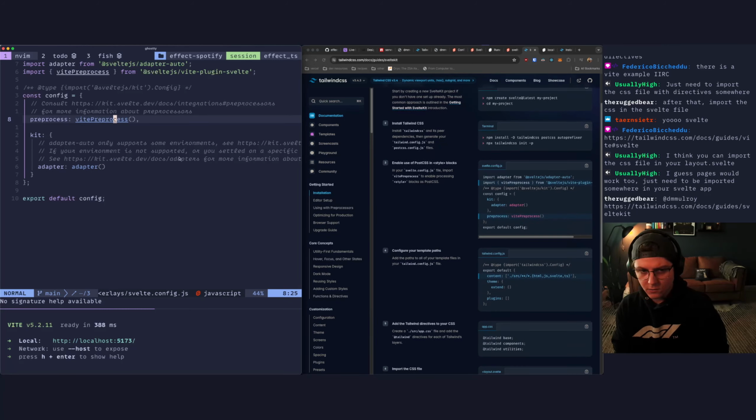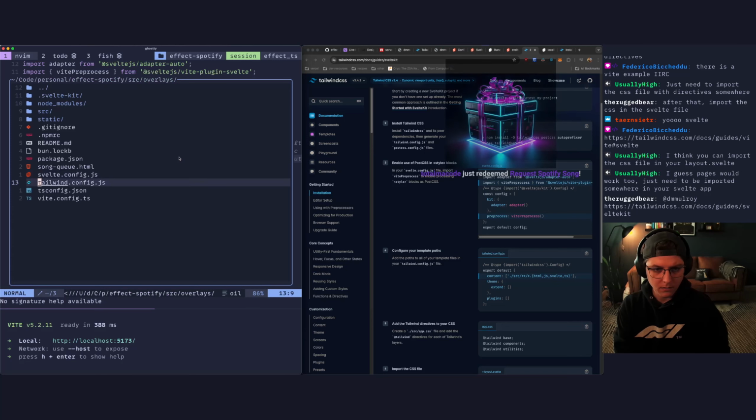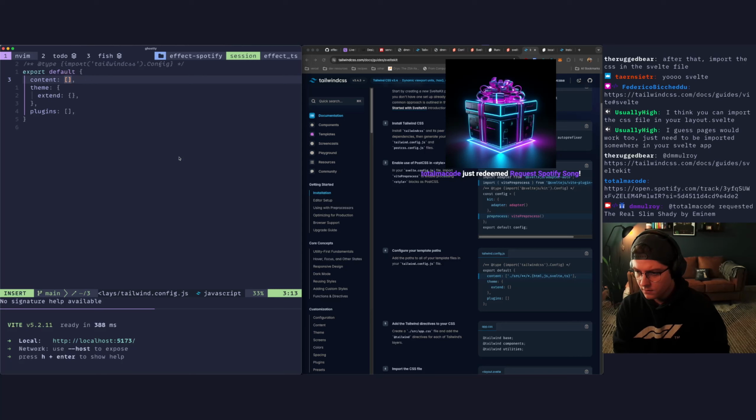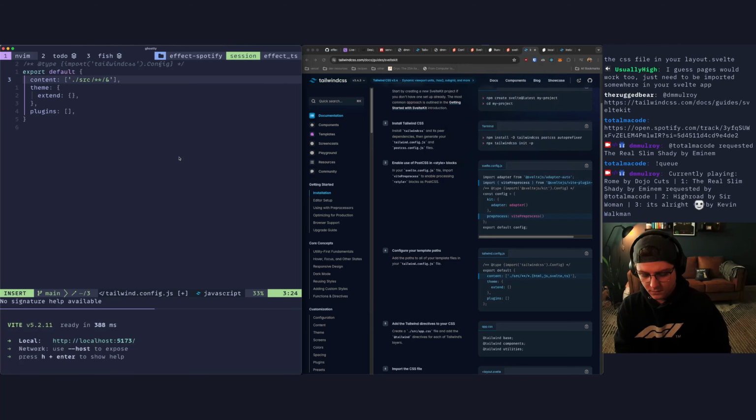And then in our tailwind config, we go here and we say content will be /src/**/*, and that'll be HTML, JS, Svelte, TS. Okay.